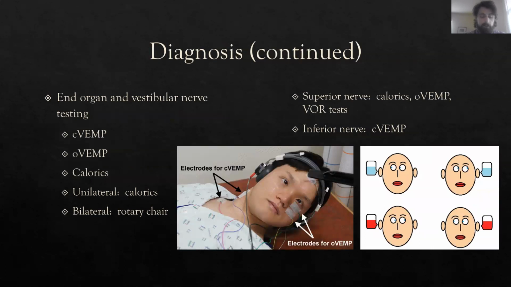We do have some diagnostic tools to pinpoint the cause and site of vestibular dysfunction. Vestibular end organ and nerve reflex testing can precipitate the problem. CVEMPs and OVEMPs test for nerve stimulation of the neck and eye orienting reflexes. Calorics irrigate the ear with hot or cold water or air, causing movement of fluid in the semicircular canals and putting the patient off balance to stimulate compensatory ocular reflexes. This is a unilateral test. Bilateral reflexes are examined by using rotary chair disorientation.